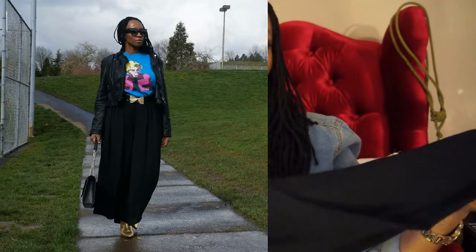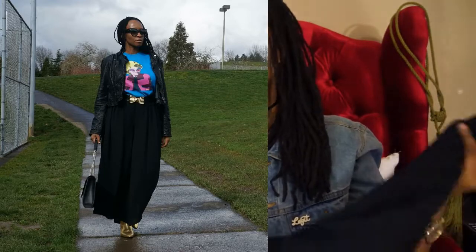very breathable. I will insert a photo of me wearing them because I know that they're not easy to view with me just holding them up. These things are awesome, and I think that having a comfortable pair of floor length or long length wide leg pants in a neutral color so you can wear it with multiple items and dress it up and dress it down is really important. And I really like these pants because there was a trend that I saw